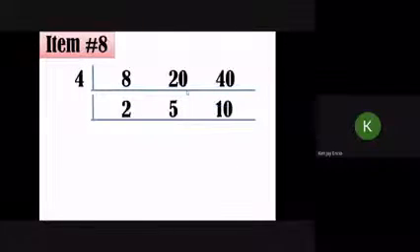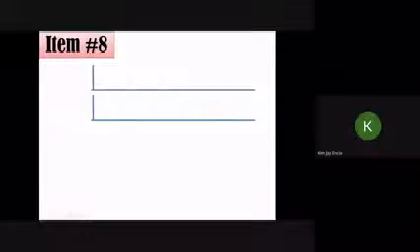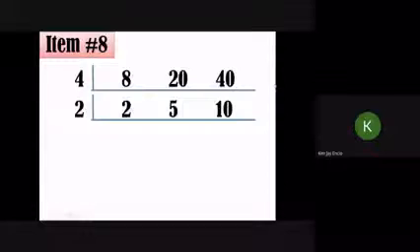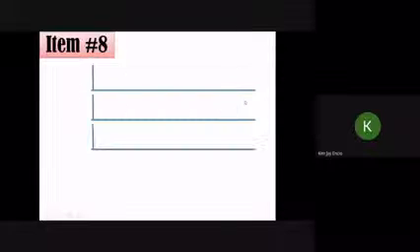So the same process, in my case now, I made use of the continuous division method. So I know that 8, 20, and 40 are all divisible by 4. So 8 divided by 4 is 2, 20 divided by 4 is 5, 40 divided by 4 is 10. 2 and 5 cannot be. 5 and 10 could be, okay. Or you could also have 2 and 10. So in my case, I prioritized first the 2 and 10. And if you do the division,